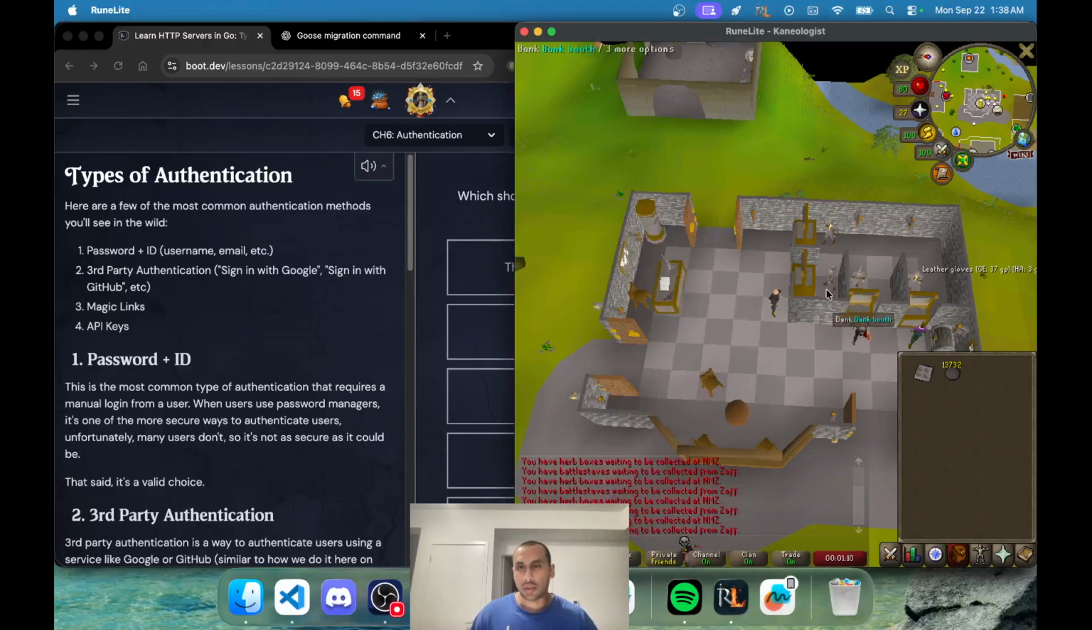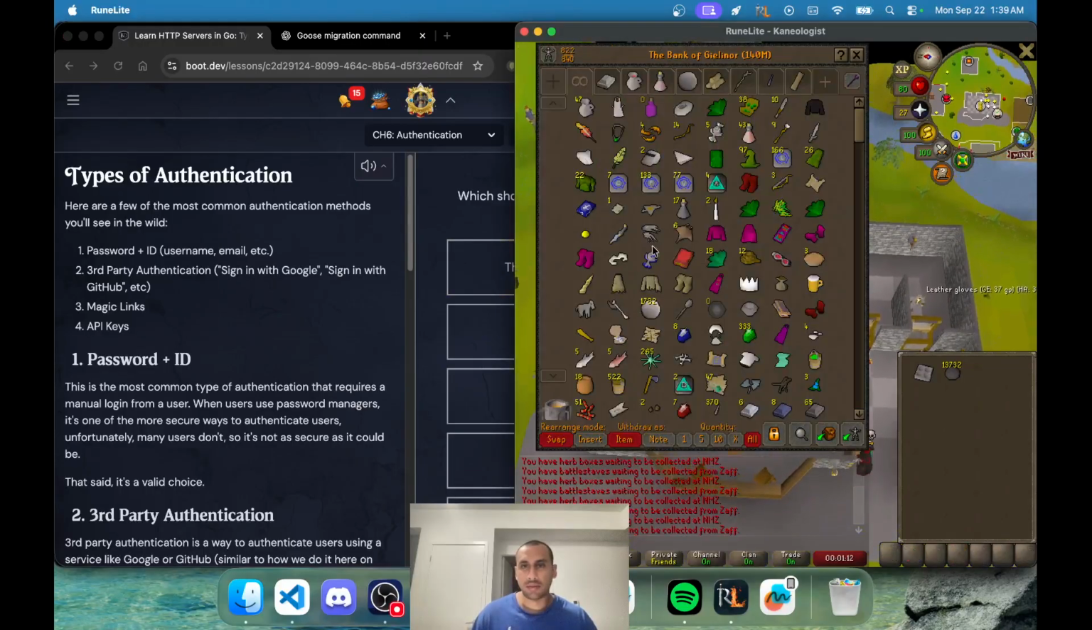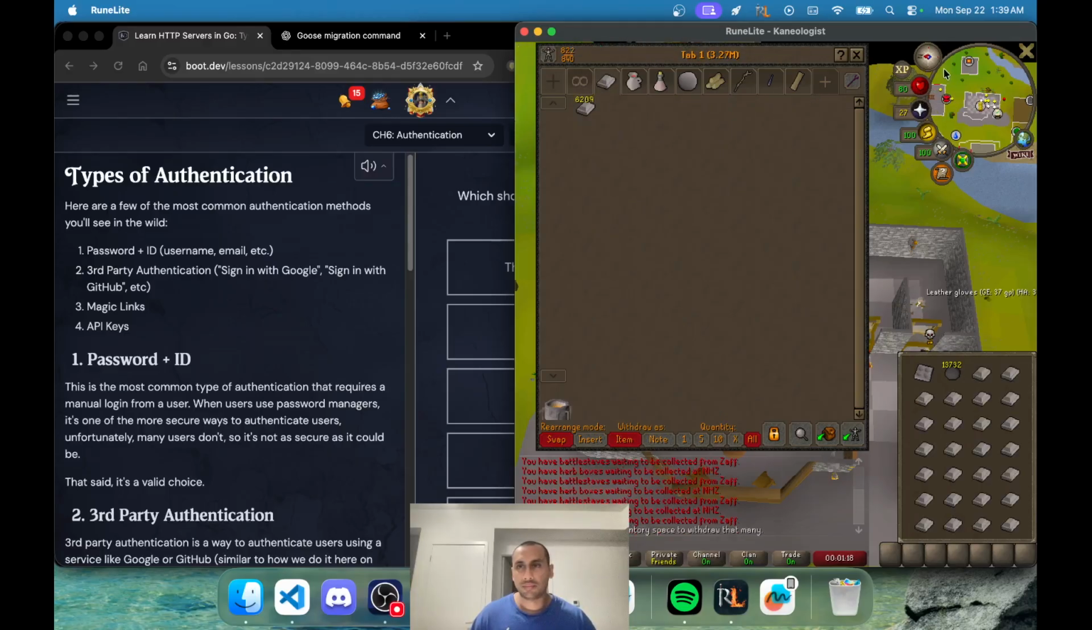And yeah, we're going to be just getting through these different types of authentication. I definitely want to